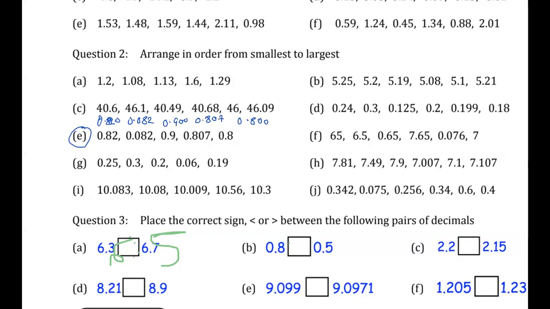The smallest, you can see that it's going to be this, because that one is like 82. This one's 820. This one's 900. This one is 807. This one is 800. So 82 is the smallest. Start from that one,